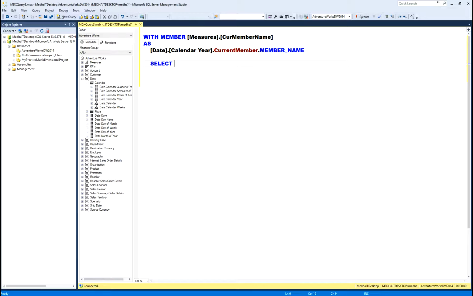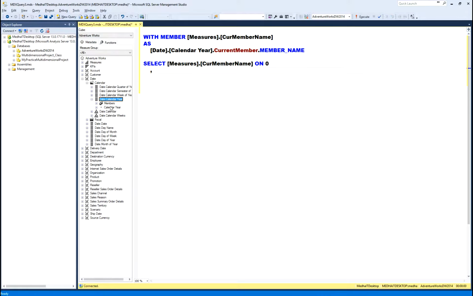and I want to see, let us say I just want to see this one. I do not want to get any measure, instead I want to see the calculated measure value, comma my calendar year, from Adventure Works,